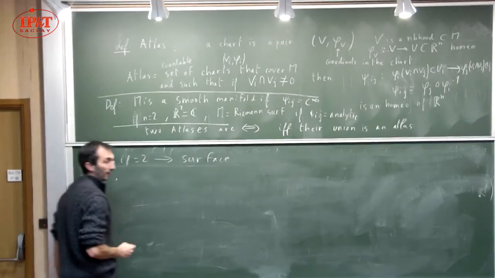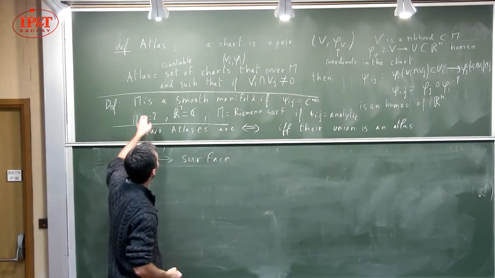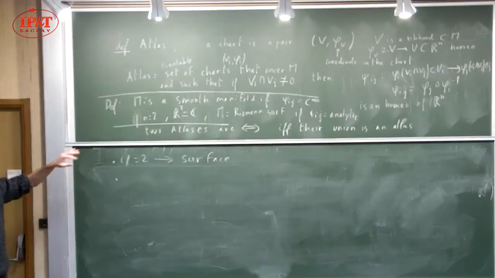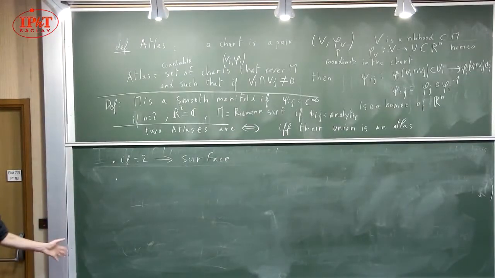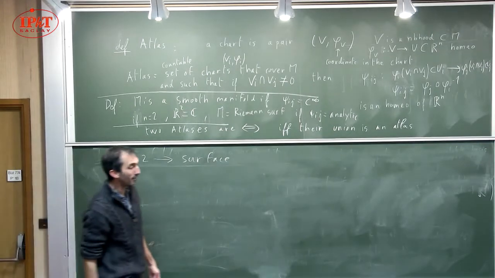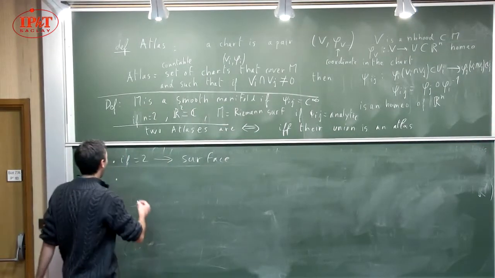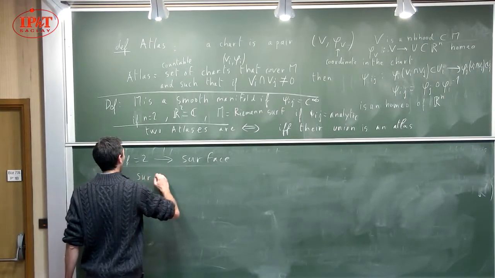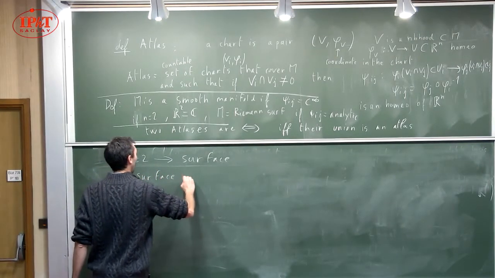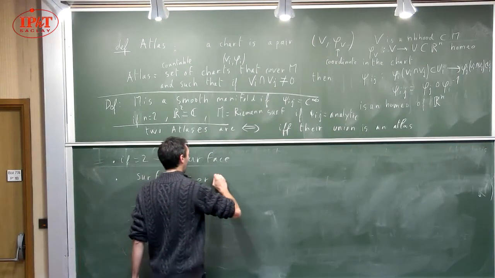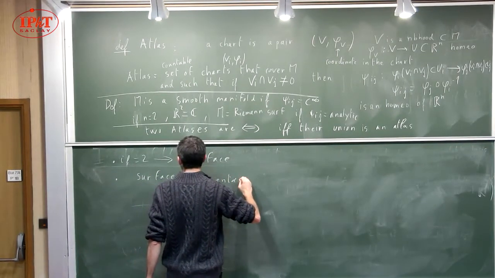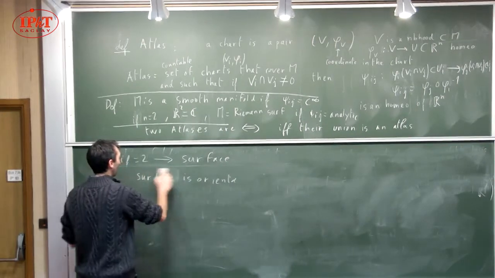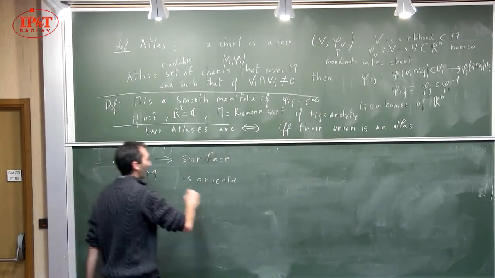So I already said, if the transition maps are C infinity, this is called a smooth manifold. If the transition maps are analytic, this is called a Riemann surface. And the surface is orientable. Sorry, the manifold M is orientable